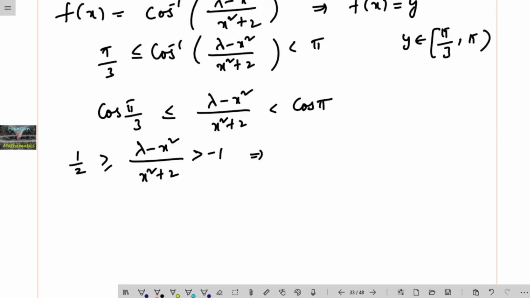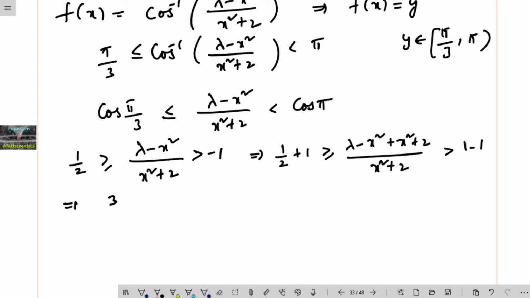For our convenience, we will consider lambda minus 2 plus 2. So let me go with, or rather adding plus 1 is better. Adding plus 1 to the inequality, (lambda minus x square plus x square plus 2) divided by (x square plus 2) is greater than 1 minus 1, which will become 0. So this implies 3 by 2 is greater than or equal to (lambda plus 2) upon (x square plus 2)